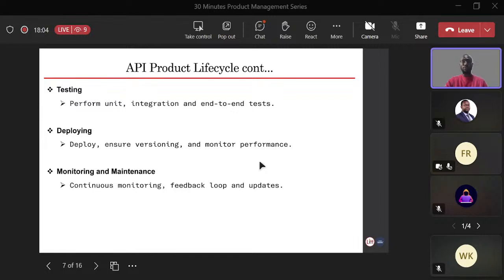So after you develop and test, then you deploy. You develop, test, deploy, develop, test, deploy, in incremental updates. When you are deploying, you make sure that you version them. When you look at ChatGPT, we have GPT 1, GPT 2, GPT 3. That's the versioning. The version for GPT 1 is different from GPT 2 by way of the upgrade.